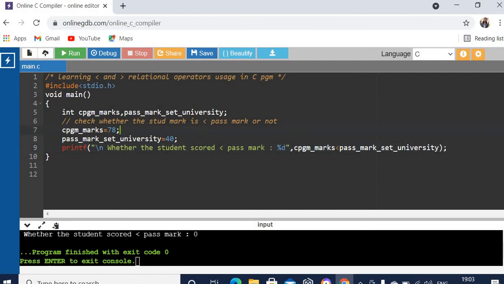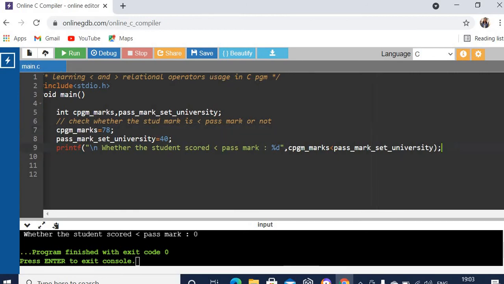Okay, so now similar to this, let us check another student mark. C program marks equal to 34, another student scored.